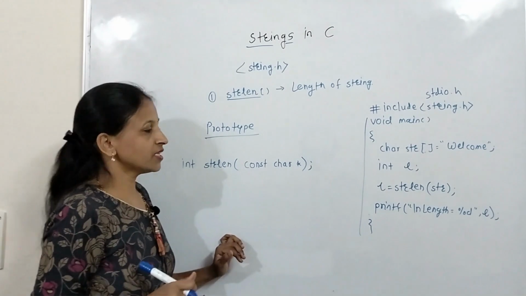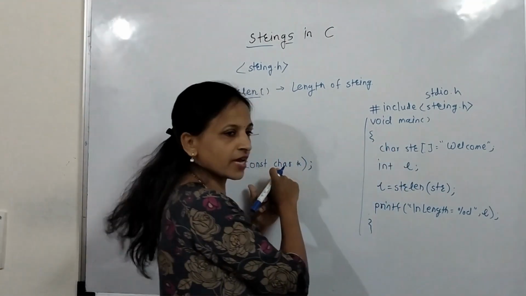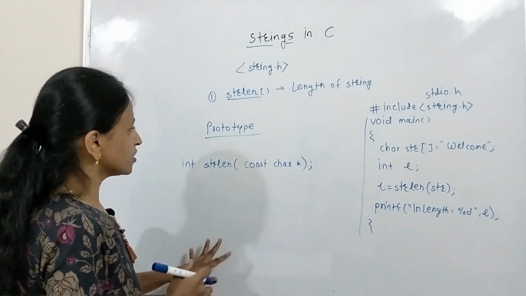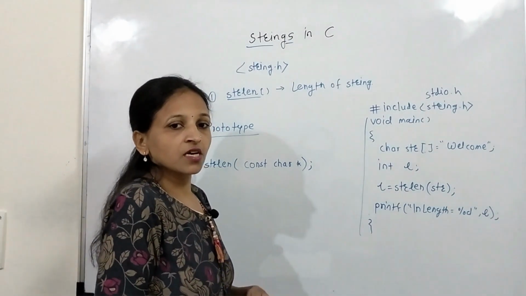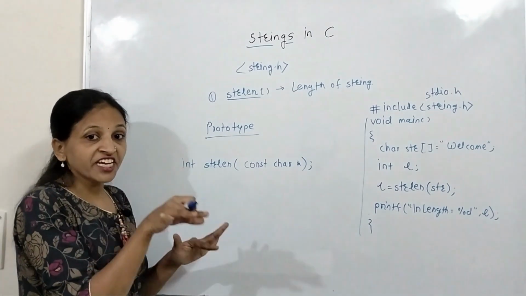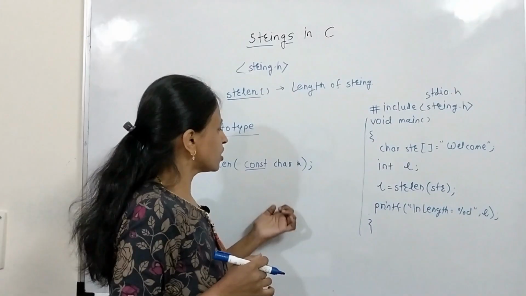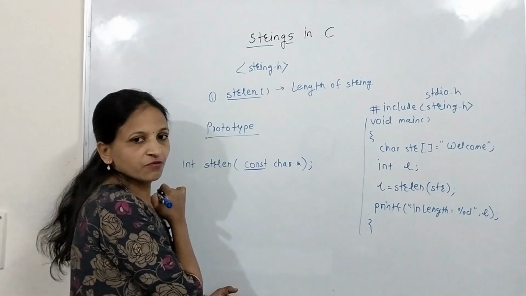Whenever we are passing an array, there should be one pointer of the same type. Here the char, here again char. Now why const? Because this function is only calculating the length of that string, meaning only counting the number of characters from that string, and will return. It will not change whatever string we are passing, and if it is not allowed to change, then we have to attach the const keyword for that.